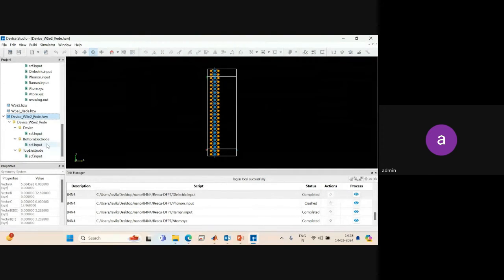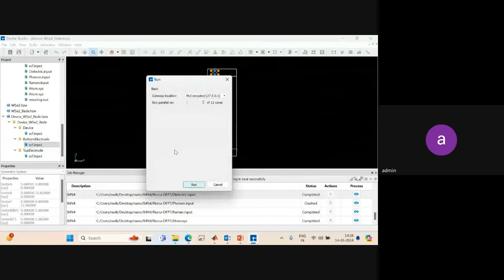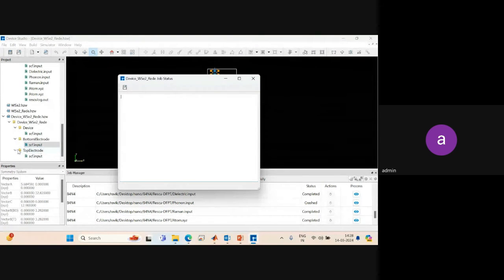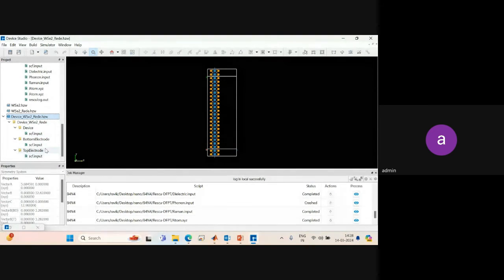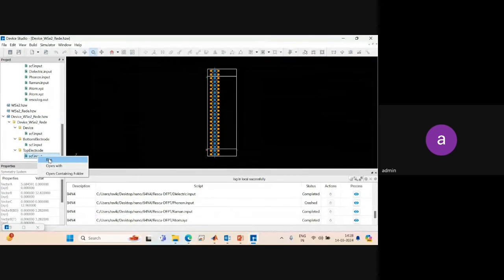So we will run the SCF input file of electrode first. So I will right click and click on the SCF electrode run. Similarly, since the top and bottom electrode both are same material, there is no difference in top and bottom. So either I can take the output file of bottom into the device, or I can take both of them. So let me run both of them or any one. Since I already ran the calculation of bottom electrode, which is same material, top and bottom both are same,